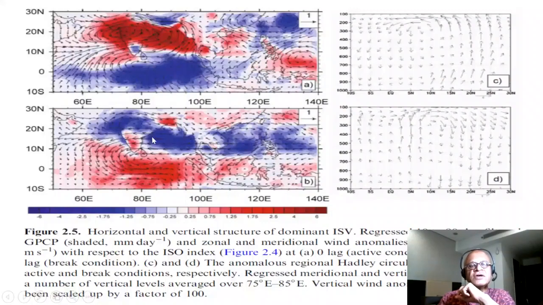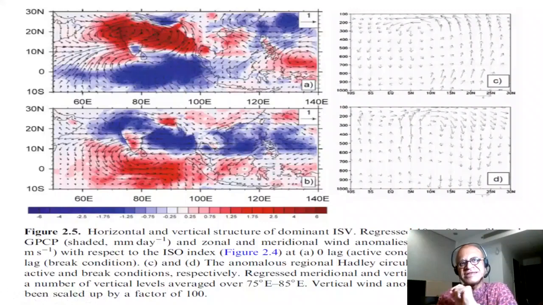So you have the anticyclonic circulation, so high pressure subsidence, negative rainfall anomaly at intraseasonal time scale, whereas the convection, rainfall, and cyclonic circulation is over the deep tropical ocean. And you can see this large scale structure here as well, which we will come back to when we see